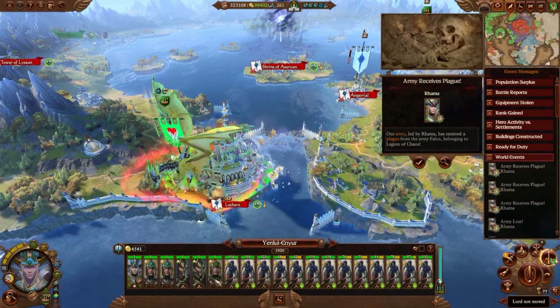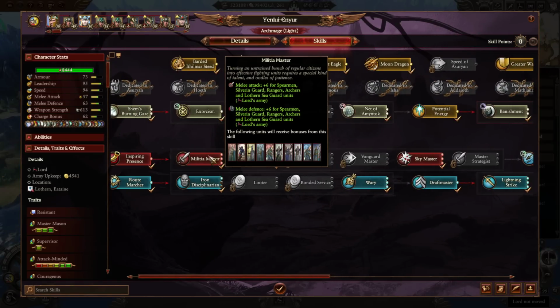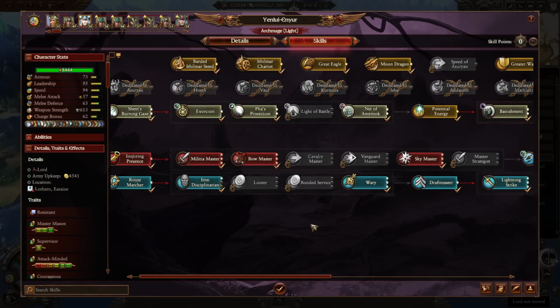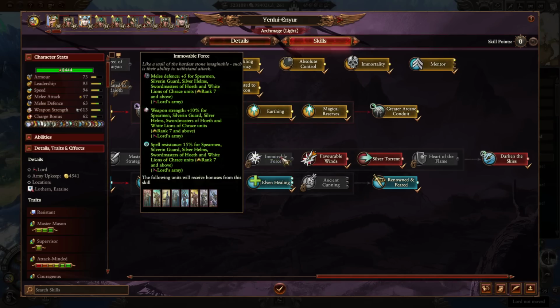So primarily what's boosting... Actually, let me have a look at the Lord's skills. So we've got over here, Militia Master. Yeah, for rangers there. Oh, you put a lot into the red line there. And then you've got...